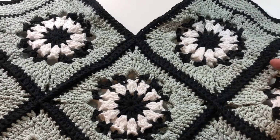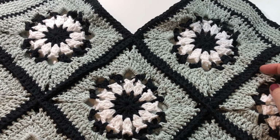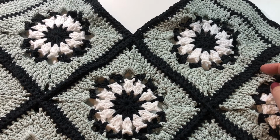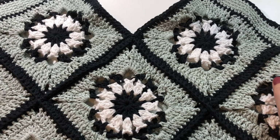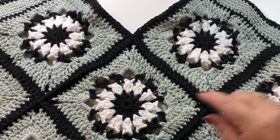Today I'm going to show you how I crocheted this cute bag. It is made from 10 granny squares sewn together. You can use almost any type of granny square for this bag. I would recommend ones that are around 6 or 7 inches squared and they have to end with a row of single crochet. In this video, I'm going to demonstrate how to crochet the granny square that I used for